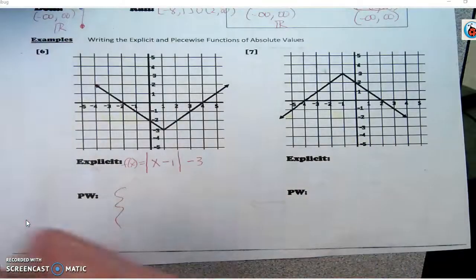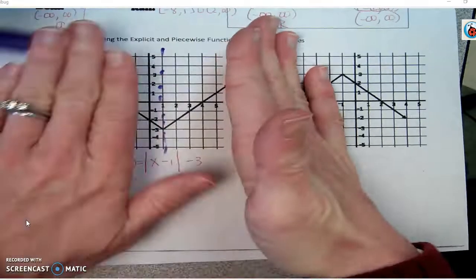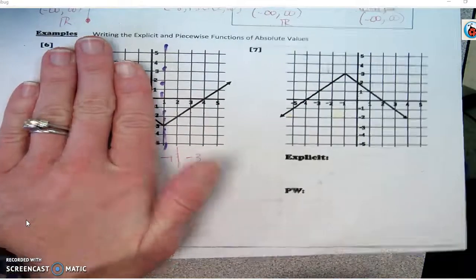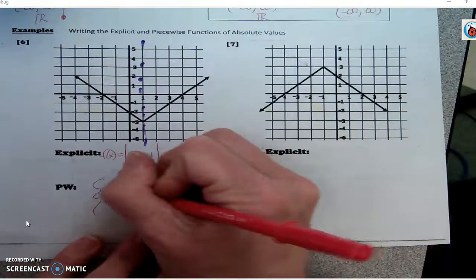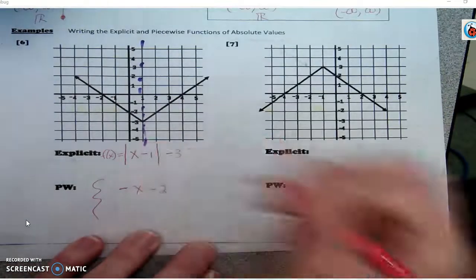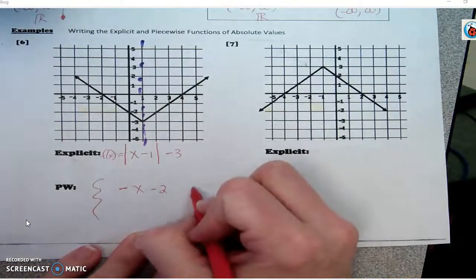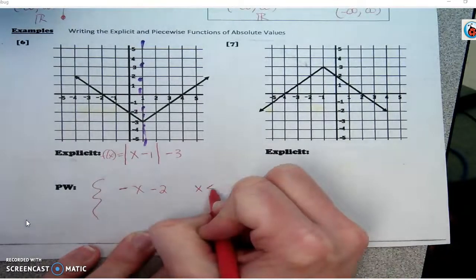You could say that there is a linear function to the left and a linear function to the right. So my linear function to the left has a negative slope of 1 and a y-intercept of -2. And that's for all values less than and equal to